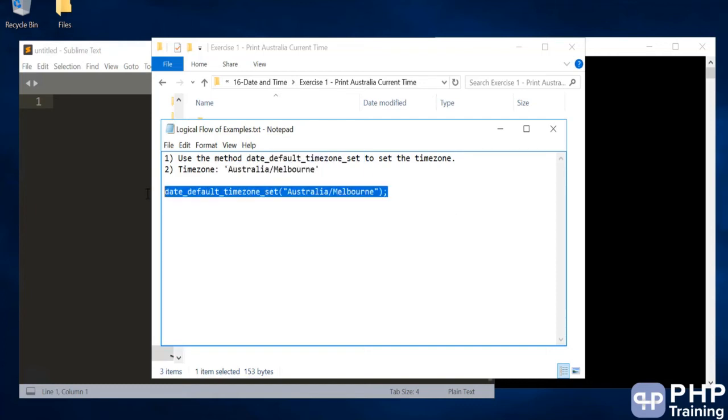You can do it like this, and once you set the time zone to Australia, whatever you print after it, we will get the Australian time zone. Okay, so do this exercise, try to print an Australian time zone. This is a very valid question in interviews or written test, or very valid scenario when you're writing a program. You want to show a timestamp which is based on user's country. Pause this video and do this exercise. You can format the date to any format you want and then print the Australian date.